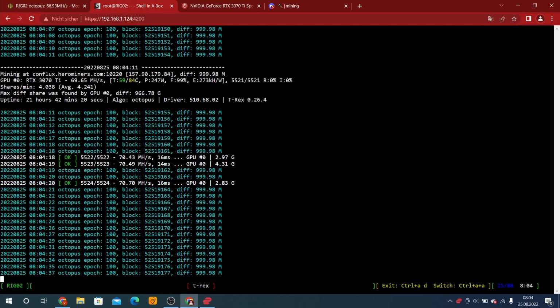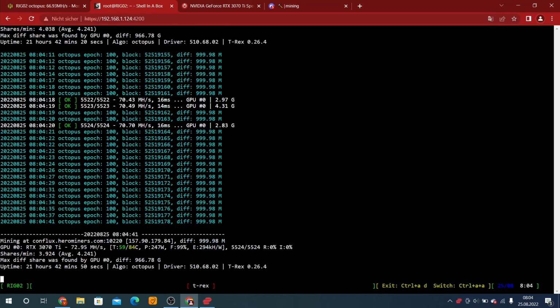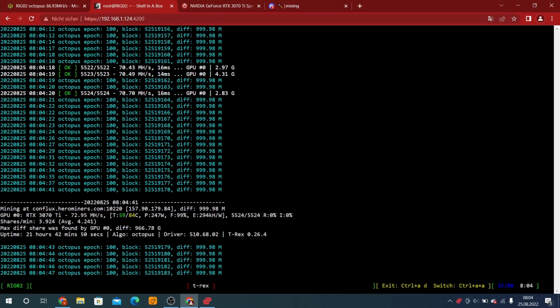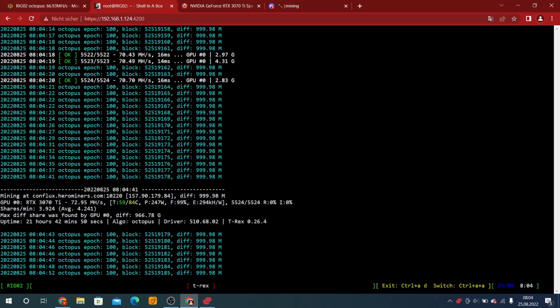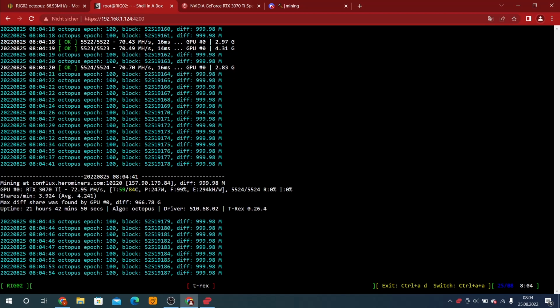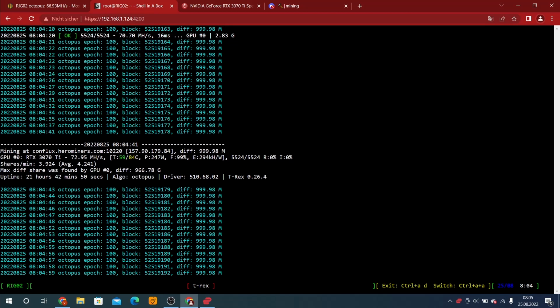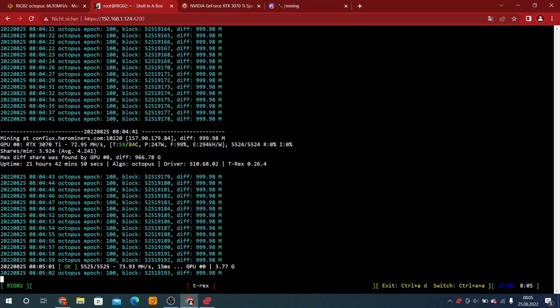So let's see. It takes a bit. And if you're doing your tests, you should wait some minutes. I would suggest waiting at least 5 minutes and then changing the settings. You will of course not have the time in here to do that. But you can already see how the megahash per second is going up and also how the efficiency is